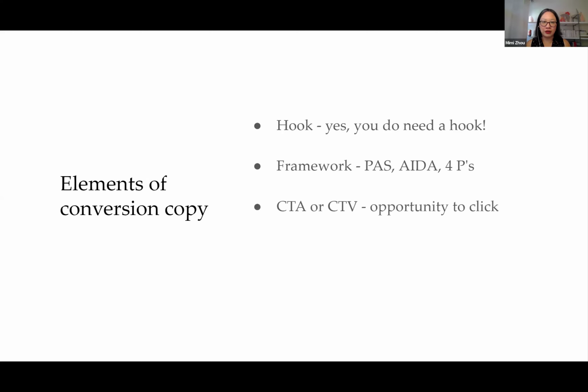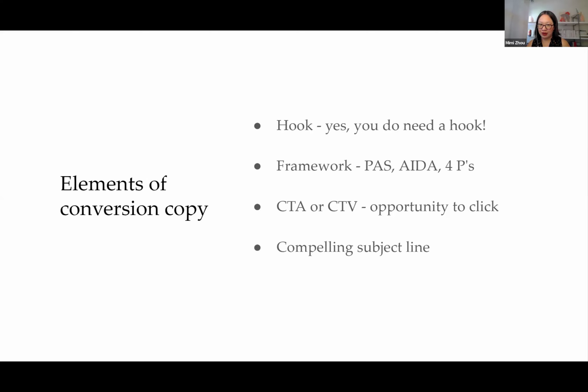You want your emails to have a call to action or a call to value. Both are opportunities for your audience to click to either go over to a sales page, or in the case of a call to value, maybe to learn something or to get more information. As it becomes harder to track opens in emails, which we are already seeing with privacy laws, the only way that we're going to know whether people have actually opened emails is if they click. So that's also why it's important to give people opportunities to click.